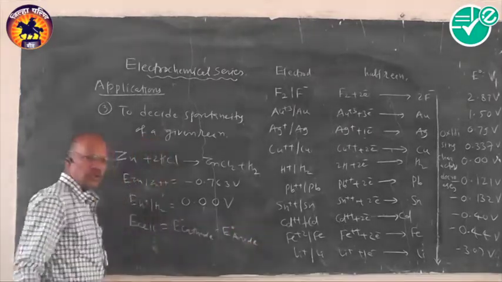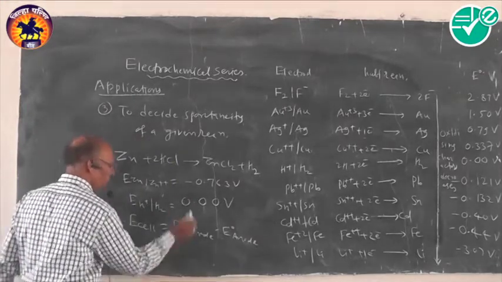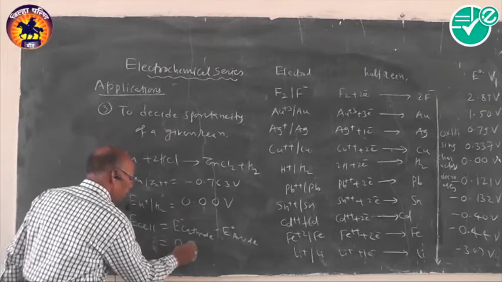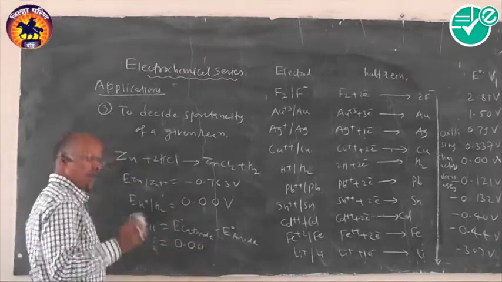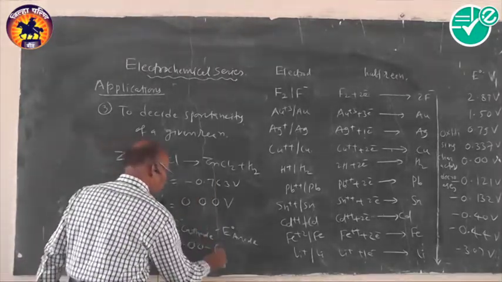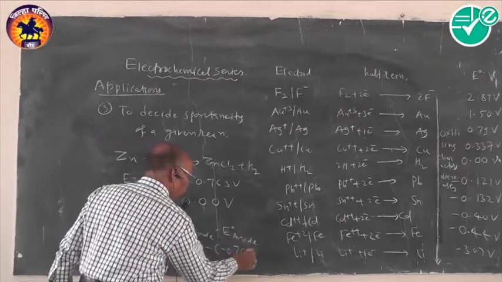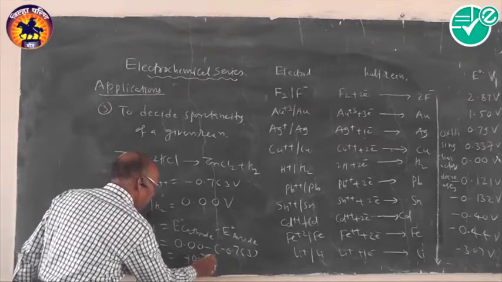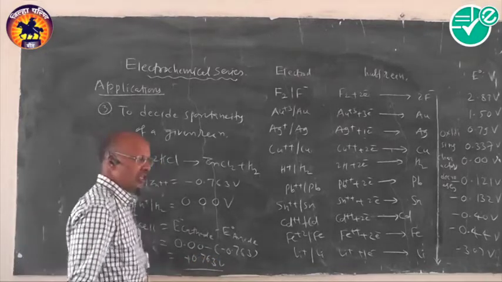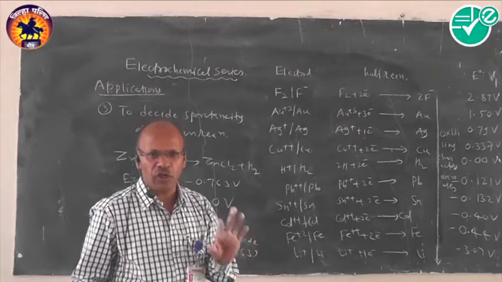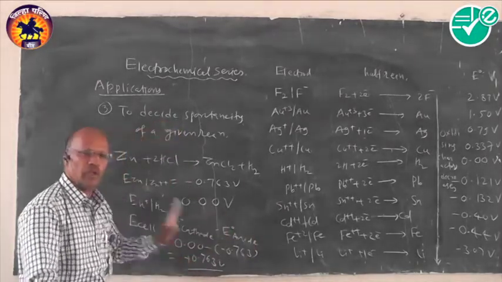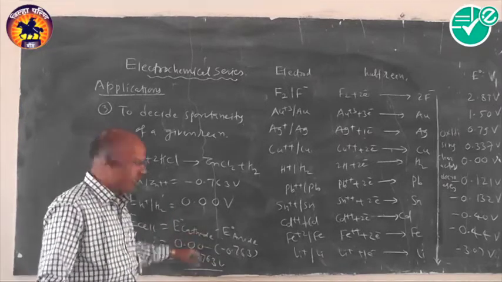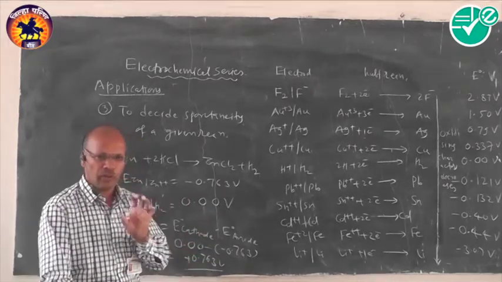We will have the two half cells now. We will put up here the values. E standard cathode, in the sense hydrogen, 0.00, minus E anode, -0.763 volt. Its value is coming as a positive 0.763 volt. It indicates that as the E cell is positive, the given reaction is spontaneous in nature. The given reaction is spontaneous. We have decided this from this particular calculation.